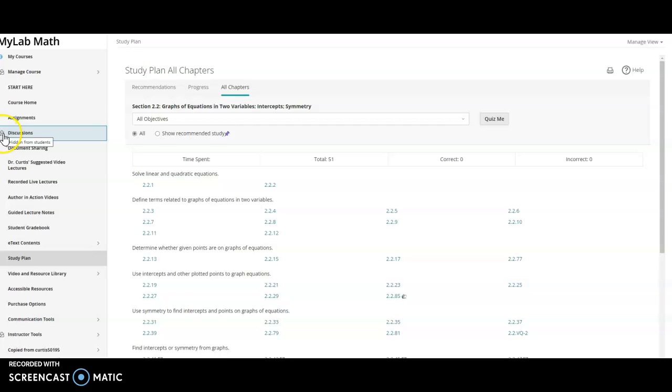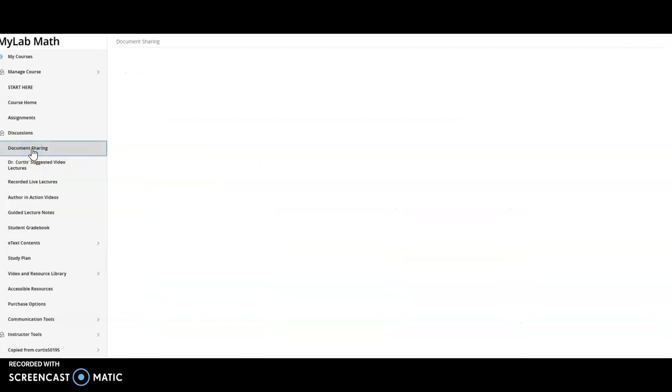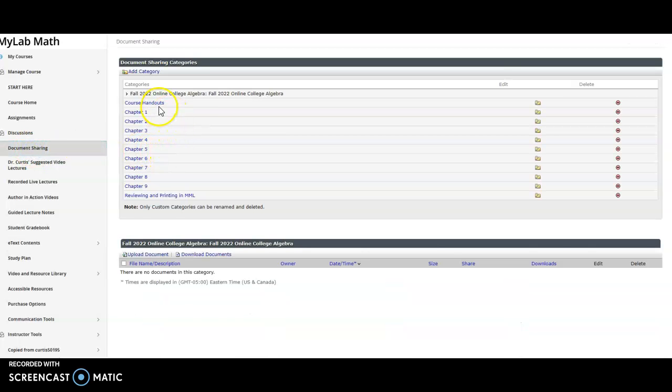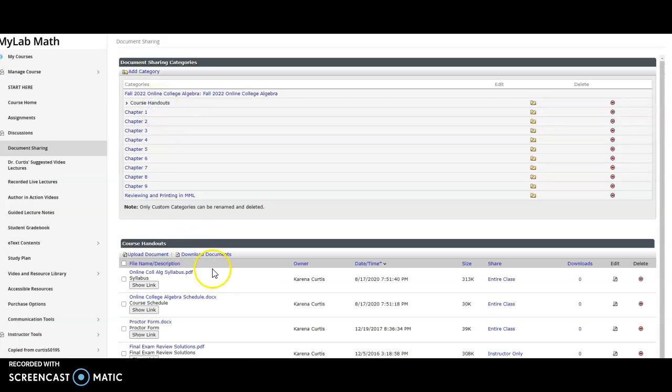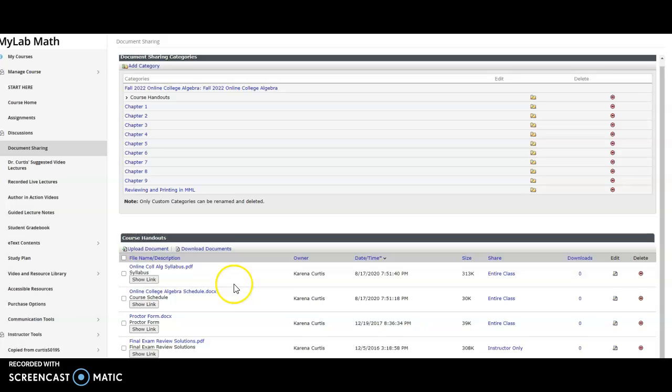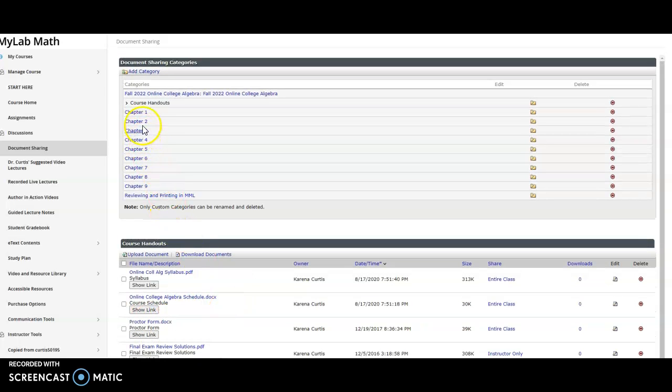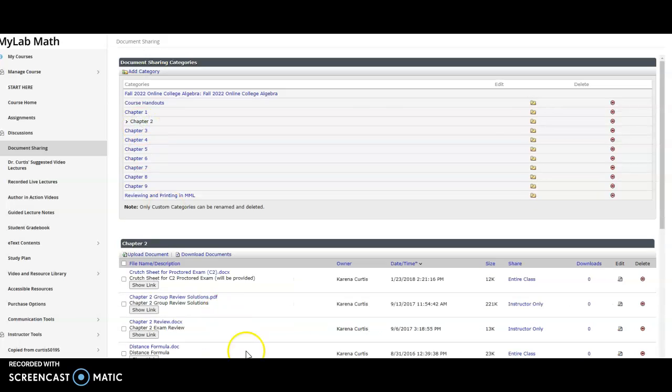The discussions are hidden to you. Our discussions will be in Blackboard, okay? Under the document sharing tab, you'll see some course handouts, which would be your syllabus, course schedule, and the proctor form that's also in Blackboard. And then under each chapter are some,